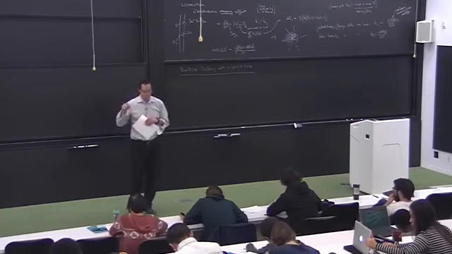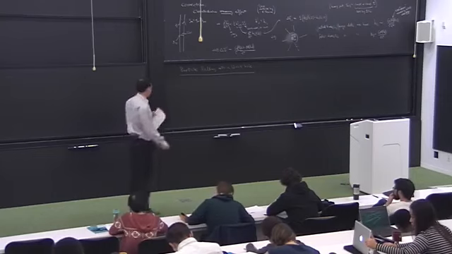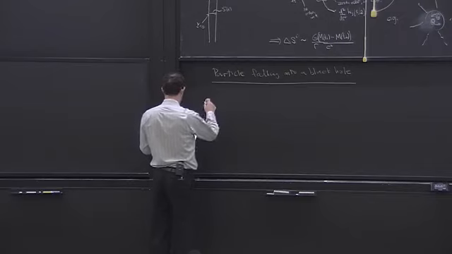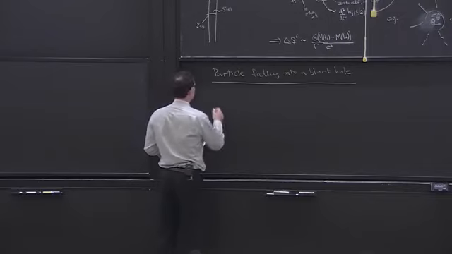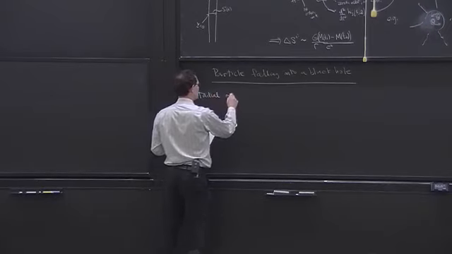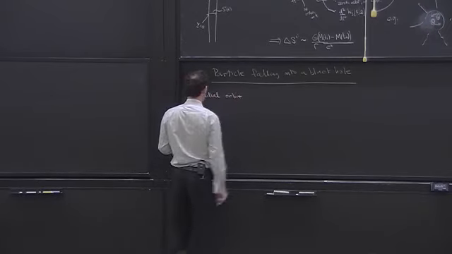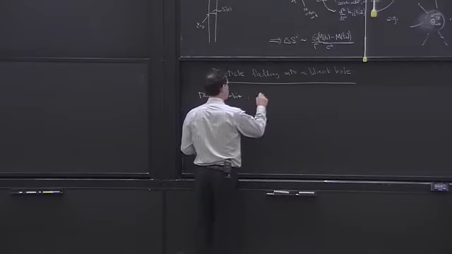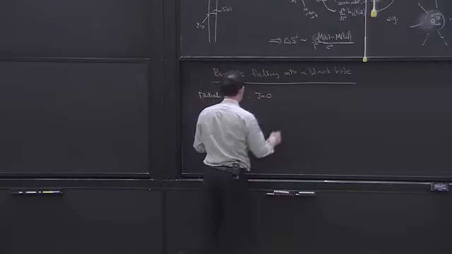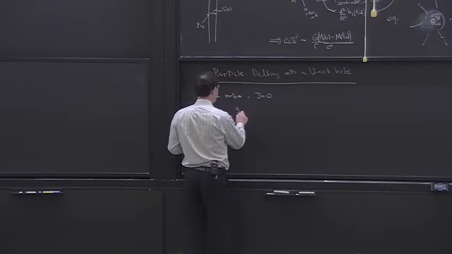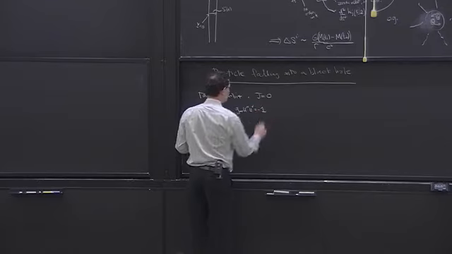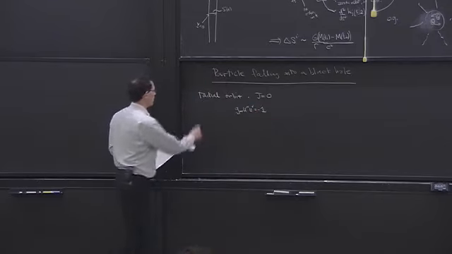The particle literally is just going to be dropped straight into the black hole. So for a radial orbit, J equals 0, no angular momentum, and the statement that g mu nu U mu U nu equals -1, since it's a massive particle,